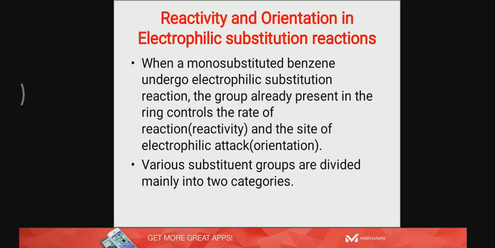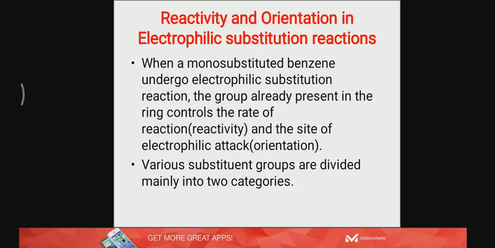Welcome all. In today's class, we discuss reactivity and orientation in electrophilic substitution reactions. In the previous few classes, we have discussed electrophilic substitution reaction taking place in benzene, where we discussed five important reactions, namely halogenation, nitration, sulfonation, Friedel-Crafts alkylation, as well as acylation,